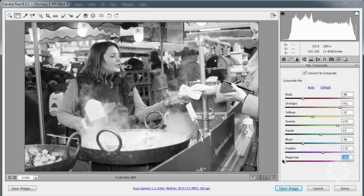And you can see how just throwing the sliders from side to side will allow you to see whether there's anything there that needs changing. And that's absolutely fine. It's all non-destructive. You can, of course, change this at any time without any loss of quality. Right, I'm happy with that, but there are some other changes I want to make, so I'll come back to